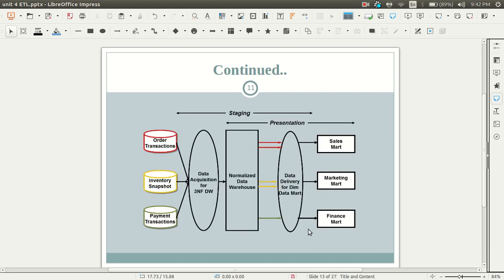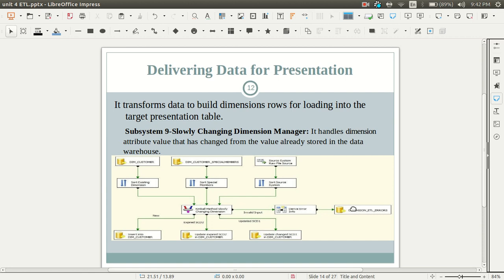This is one example, staging process to presentation. You collect data from order transaction, inventory snapshot, payment transaction, then data acquisition for a 3NF data warehouse, then a normalized data warehouse, then upload data for dimensions, that is the data mart, and based on that you pass that data: sales mart, marketing mart, finance mart. Next, the third component, delivering data for presentation.